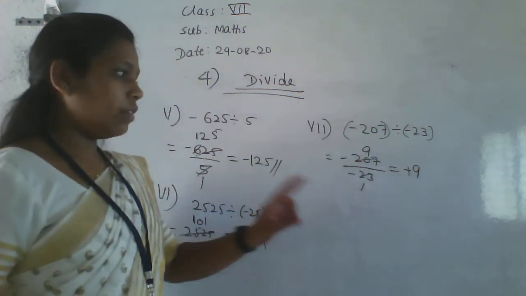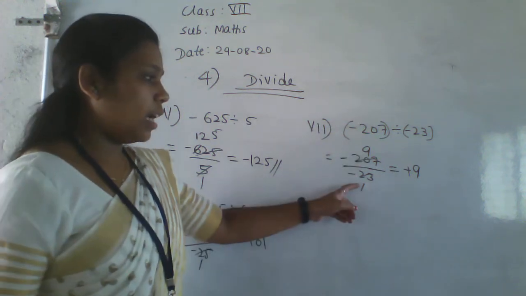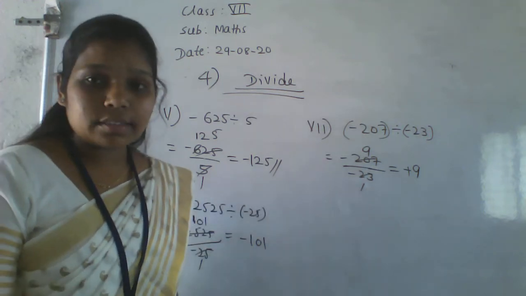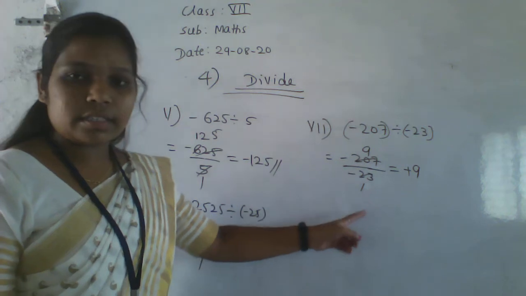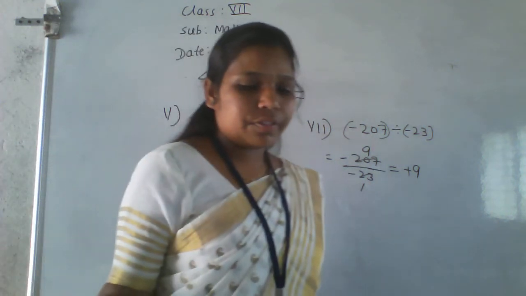9 3s are 27, 2 carry, 9 2s are 18, 18 plus 2 is 20. Then it is a 9 only. 23 ones are 23, 9 only. So the answer is plus 9 because here minus divided by minus is always a plus value. Okay. So next we will go for the further one, that is the